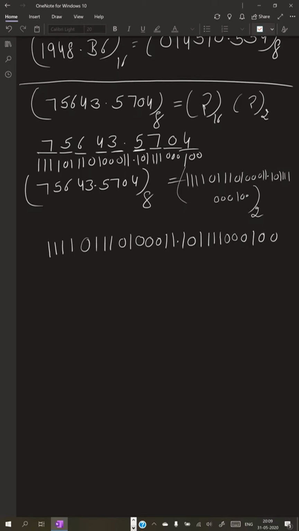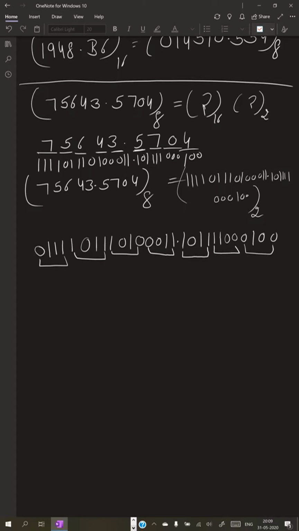Now you can make the combination of 4 pairs, and always start from this side: 1 2 3 4, 1 2 3 4, 1 2 3 4, and 1 0 is less, then you can assume 1 0 here. And now make fours from after the point: 4 pairs 1 2 3 4, then again 4 digits pair, and then again 4 digit pair.